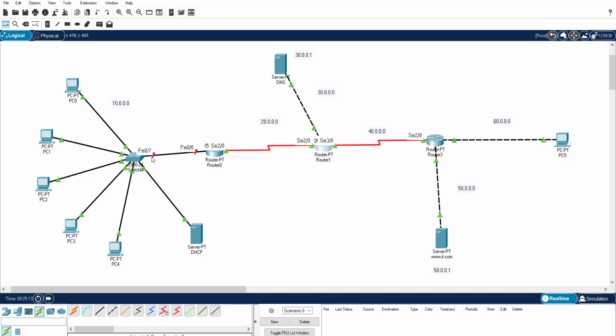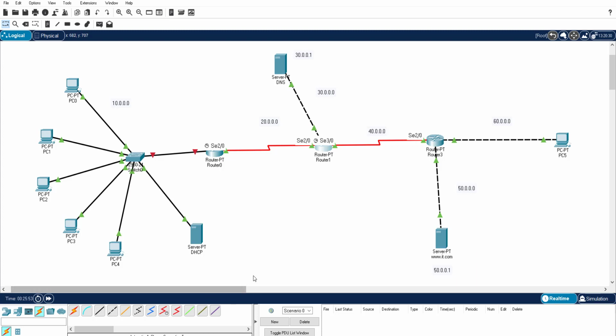Using this method, you can assign the IP address by using a server. The server will automatically assign the IP address to all, so you need not do it manually for all the devices. If you fix your DHCP machine, it is enough. There are some steps available, the DORA steps. There are 4 different steps in DORA, and by using those steps, every device will automatically take an IP address. This is the concept.